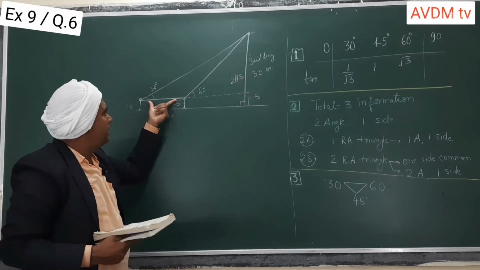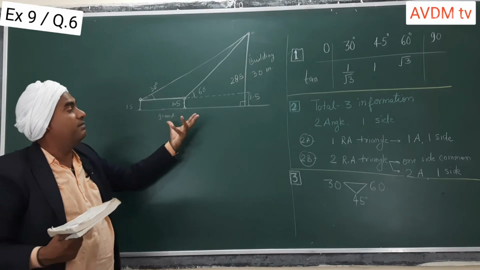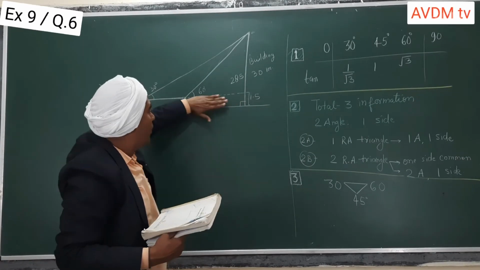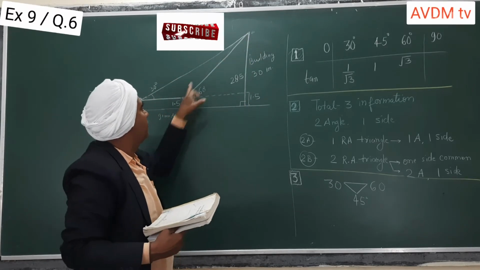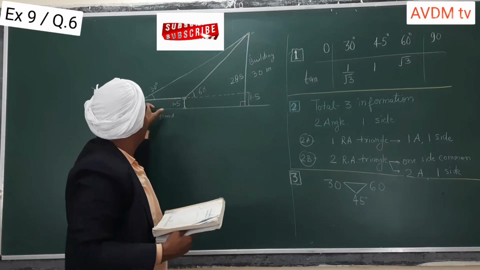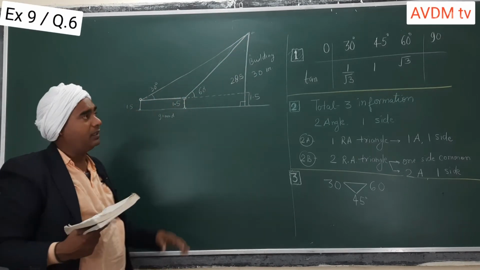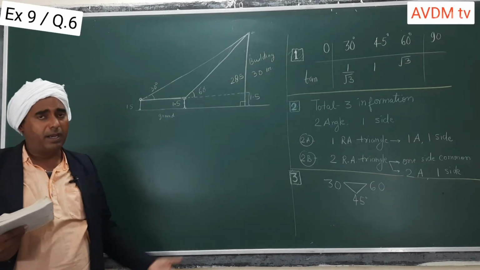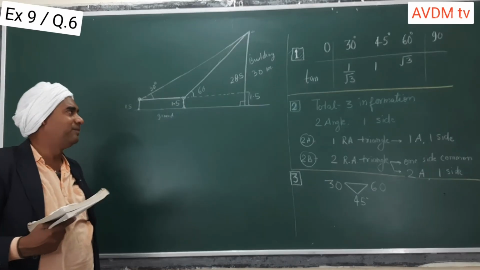can you find this base? This is the question. Sometimes questions appear to be two right angle triangles, but it is actually one obtuse angle triangle, and we are taking the difference of right angle triangles, this one minus this one, so you will get this triangle. About this I have taught in my second part of trigonometry, chapter number 9. The link is given in the description.